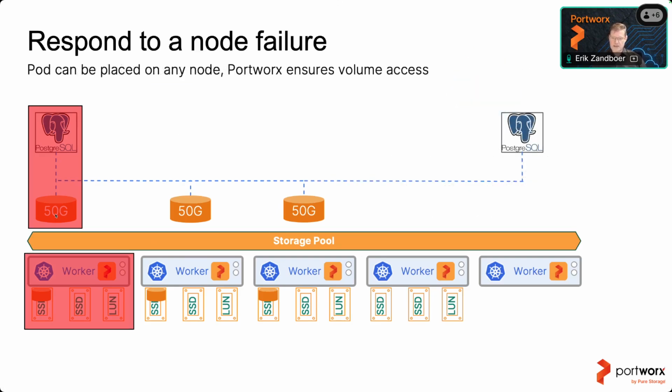Well, then it may start on worker number 5 in this case. And because Portworx Enterprise is installed across all of the worker nodes, Portworx will still deliver storage to your workload. The only thing is it's not local in this case. So it will still work, but it will fetch the data from other workers.